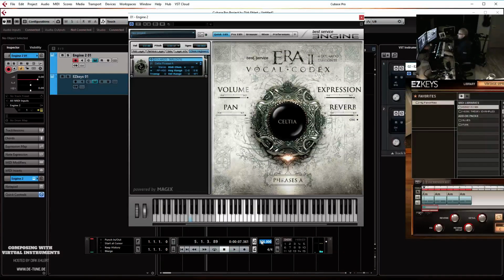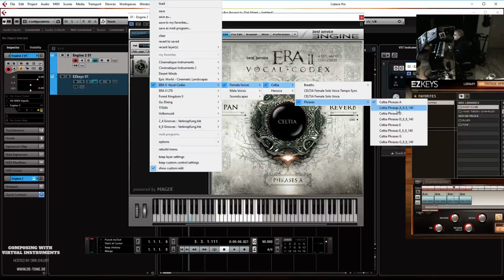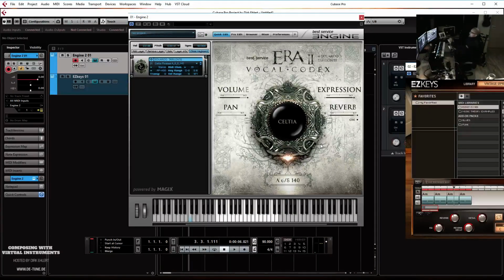Okay, that didn't work. So on 80 it was totally... Okay, it seems not like they're tempo synced. On 90. Okay, not tempo synced. I'm missing an info button here, like in the other phrases, in the other patch. Okay, these are 140, so I'm not really sure which tempo the phrases are recorded in, but I mean, in